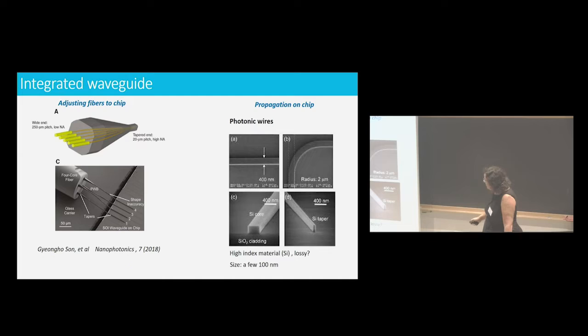Then you have to couple, and this is really a challenge, the fibers, which are represented here. So you have several core fibers here, to this wire. And this is not so trivial because you see the widths are very small, 400 nanometers, so you need a lot of technology to do this. In any case, what you need is very practical, because you have a chip, but you need technology to do this. Clean rooms, very big clean rooms. Typically, you see the size of this is a few hundreds of nanometers, which is small, but not very small.